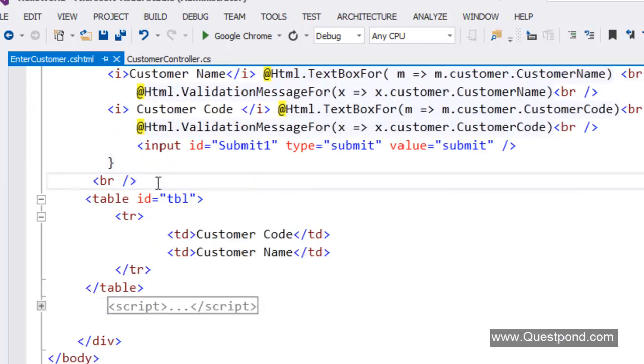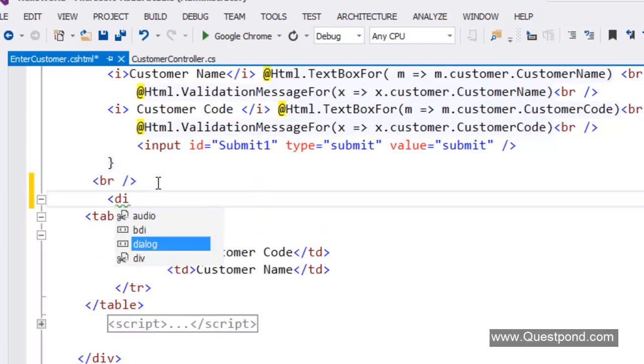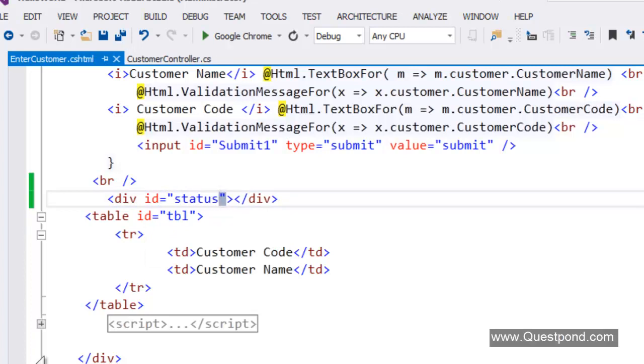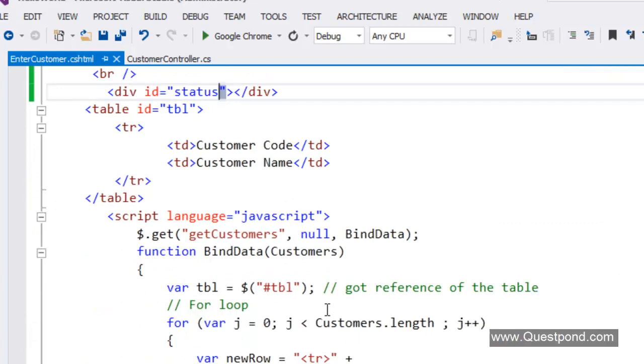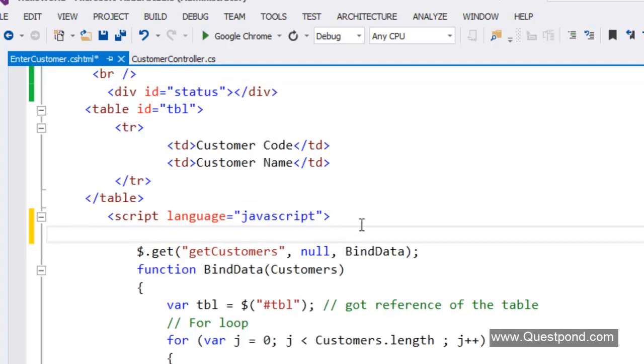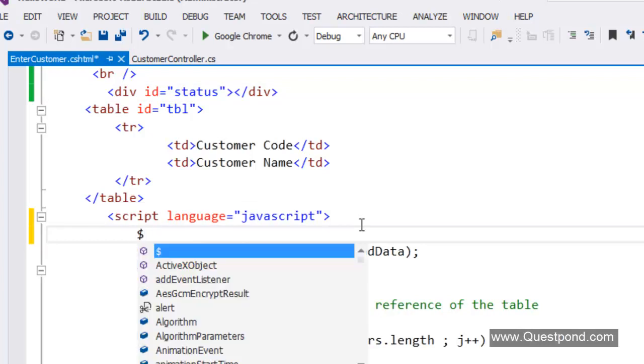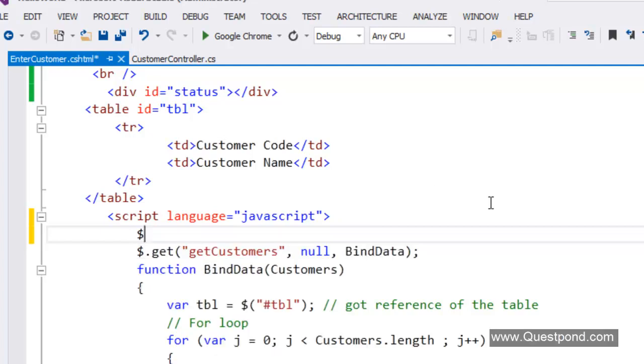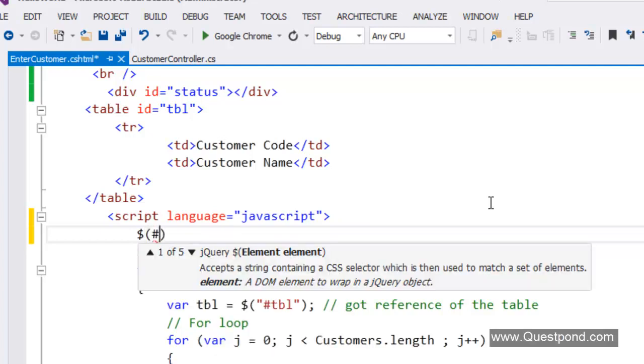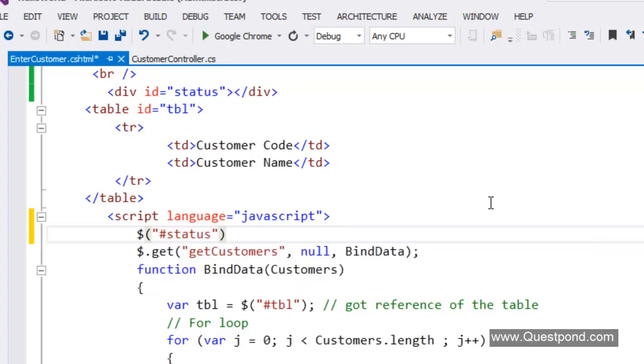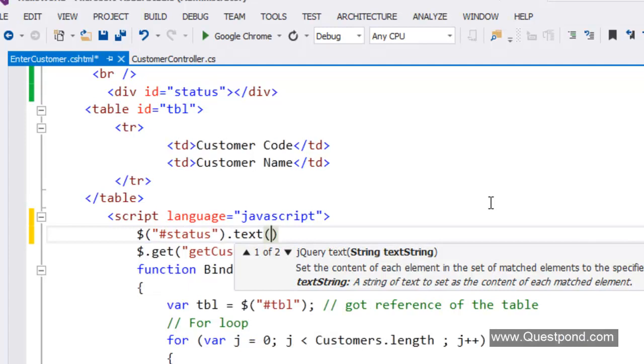So what I'm going to do is, just above this table here, create a div tag, and I will give this div tag the ID status, right? So as soon as we call the get customer, or rather before the get customer gets called, I'm going to use jQuery and access this status div tag. So bracket start, double quote starts, double quote ends, and I will say status dot text, and in this I will say loading,